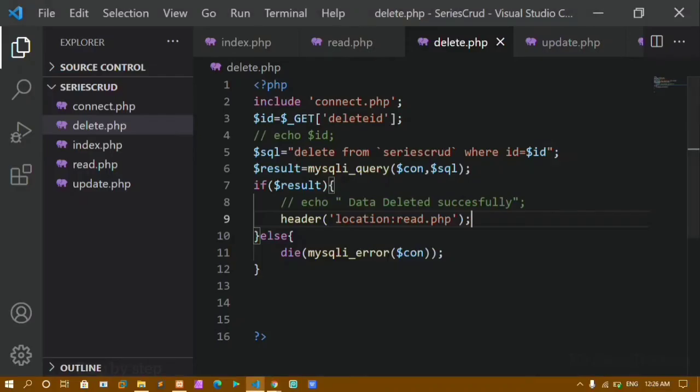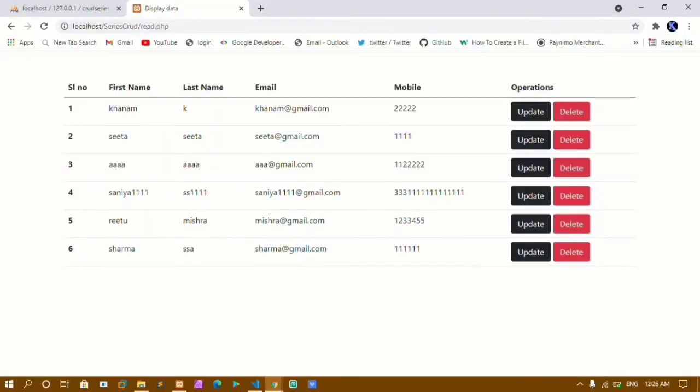Okay, this is how we are going to write the delete query. Only so much we have to write. We just have to access the ID from the URL, and using this delete query, I'm giving this condition where my column ID is equal to whatever ID I'm getting, then delete that one. I'm executing this query. Here I'm taking the condition, and here I'm redirected to that read.php file. If I get some error, just throw me an error. This is how we are going to perform the delete operation.